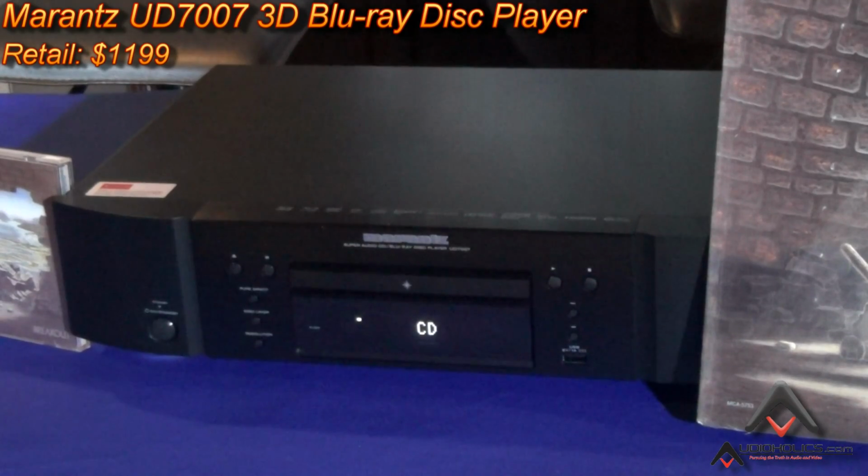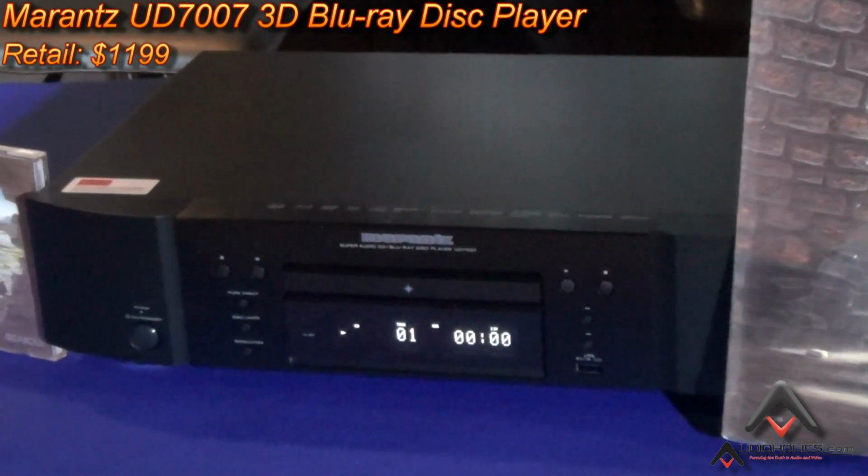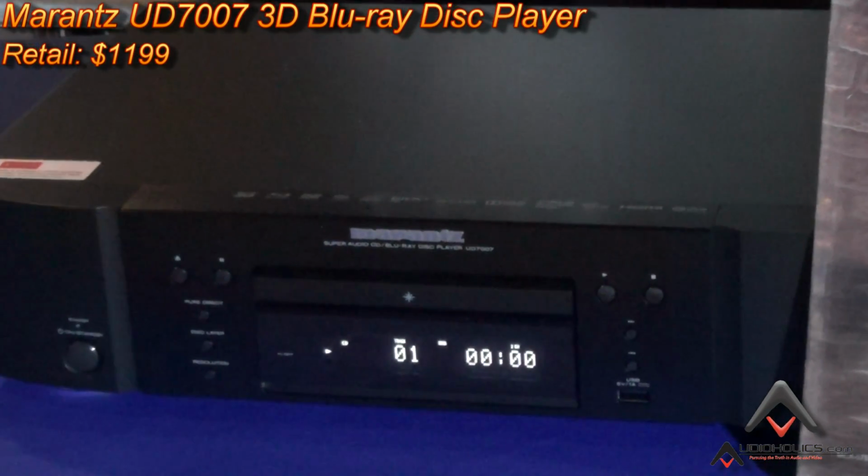It just sounded amazing. I tried to do an instantaneous comparison with the Oppo. Impossible, because I don't have a preamp with 2 sets of analog balanced inputs. So I had to go by memory. I had to swap out the cables. But I spent a couple hours listening, and